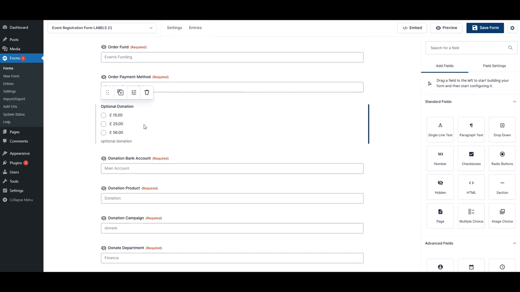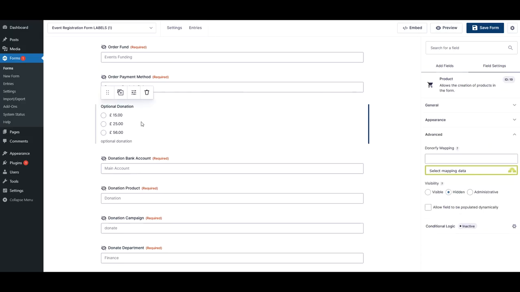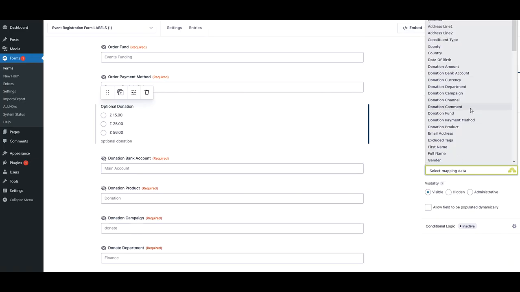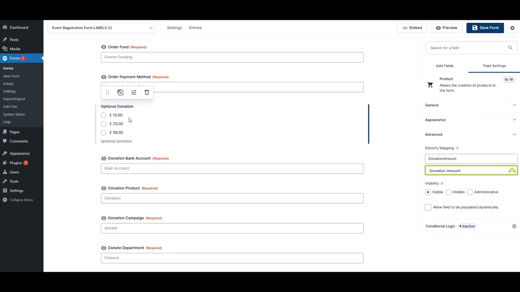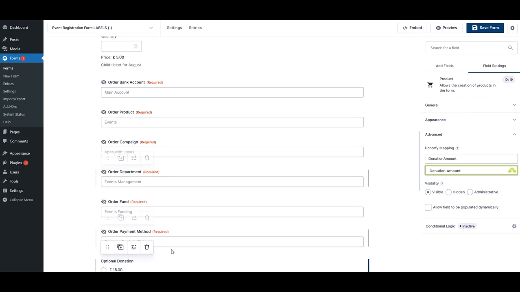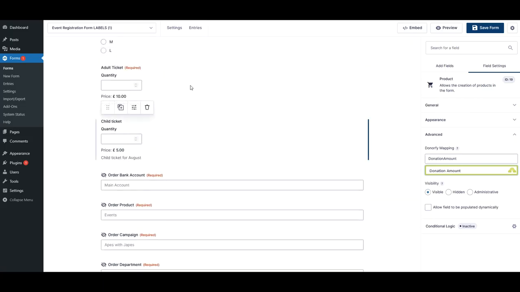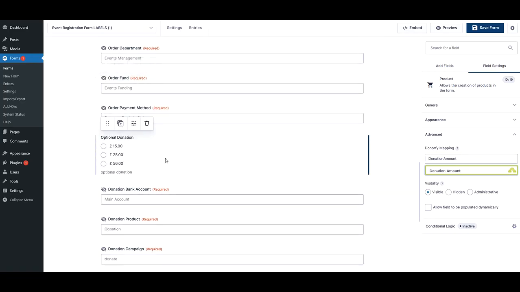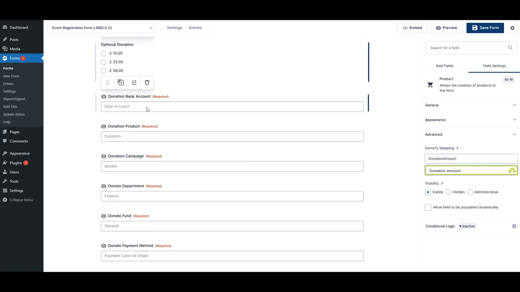Underneath that, though, we're also going to be asking for an optional donation. That gets mapped slightly differently. That gets mapped as a donation amount. We're not going to be asking for many types of donation. We're just asking for the one. We can ask for multiple types of order items. So one donation, the donation amount, and equally we want that mapped differently in Donorfy,